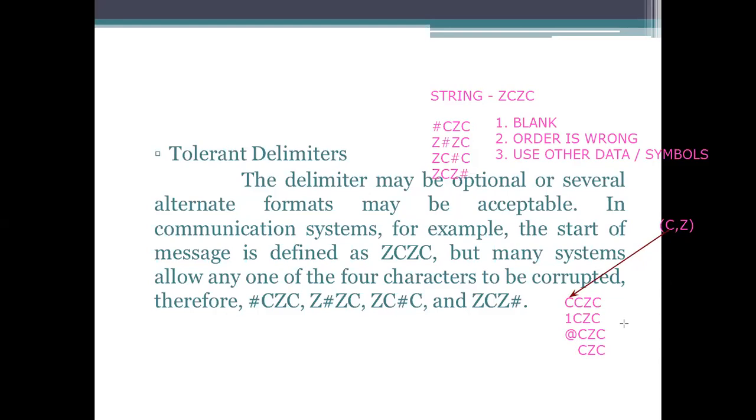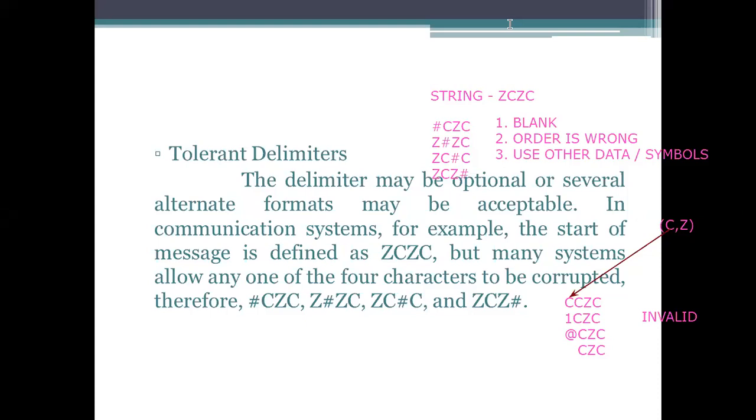So these four that we are specifying are invalid. Although you took data which is valid from the set, it is invalid. Why so? Because the order of placing the C is not right here. So where to place the C? It should be placed after the Z, or before the Z. It should be placed before or after the Z, but where you placed it, you placed it before the C. So what happens? It is considered as invalid. So that is one thing. Here, these things we have specified will be tolerable.